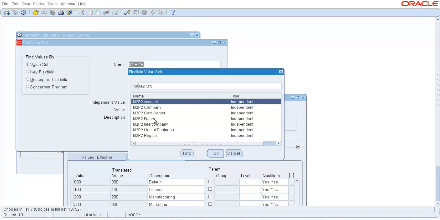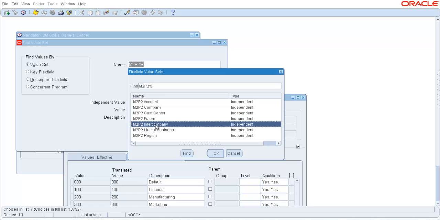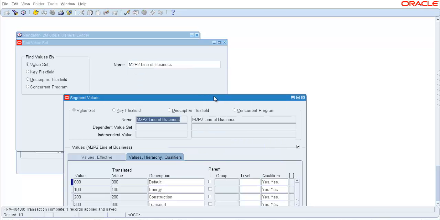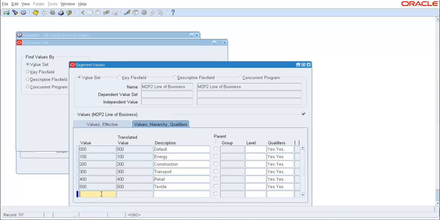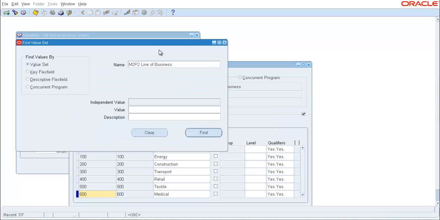Line of business. Basically it has only one default value of 000. Intercompany is the same as the company segment value set. Then line of business, we add a new line of business, 600. We'll call it medical, and yes. So the last one for us would be region,